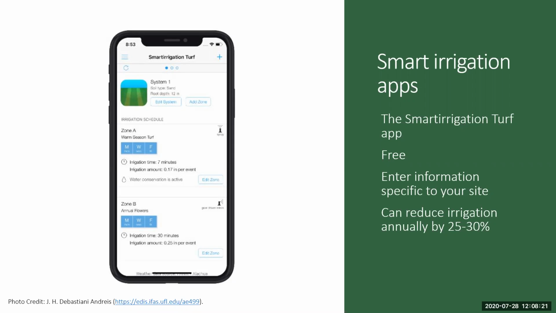Using the app-suggested schedule can reduce irrigation annually by 25 to 30%. So just a reminder, if you utilize this Smart Irrigation Turf app, it doesn't actually adjust your timer. It's not connected, but this is an app that you can input local data and has other data input. You would input site conditions, and it incorporates other data, and then sets a suggested schedule to allow for the